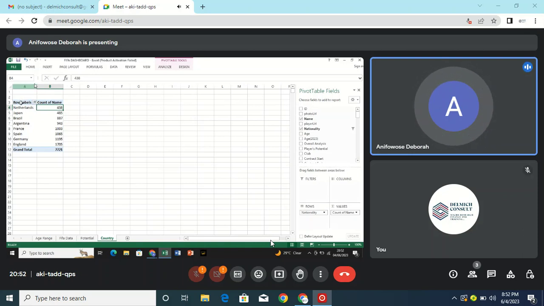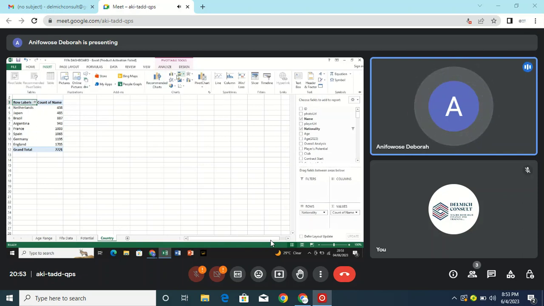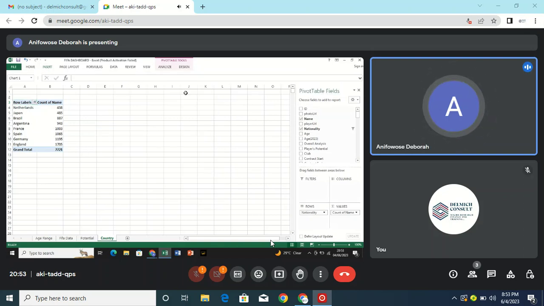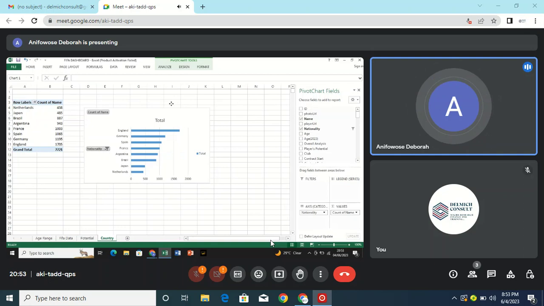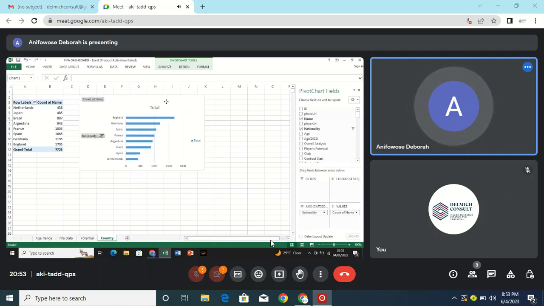Okay, so insert as usual, select this here, insert, and then as usual, we're going to be working with the bar chart now. Yes, so that we can have the feeling that it's something in ascending order from the smallest to the largest. So then let us get this out of the way, just as we should, and then we rename this to